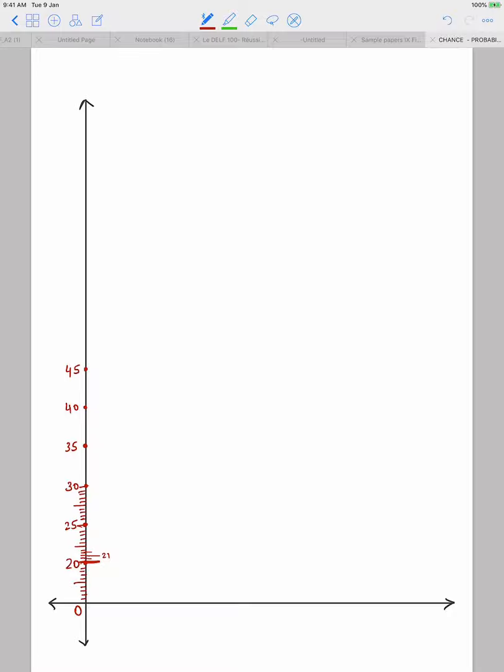Similarly, leaving out one small line, the fourth small line will represent 22. Then leaving out this line, the sixth small line will be 23. Seventh, then the eighth small line will represent 24. Then leaving out the ninth, the 10th line is representing 25. So this is how you write down all the numbers in between. Alright. Now I am just rubbing this off because I just wrote it for your explanation. It is not required actually.